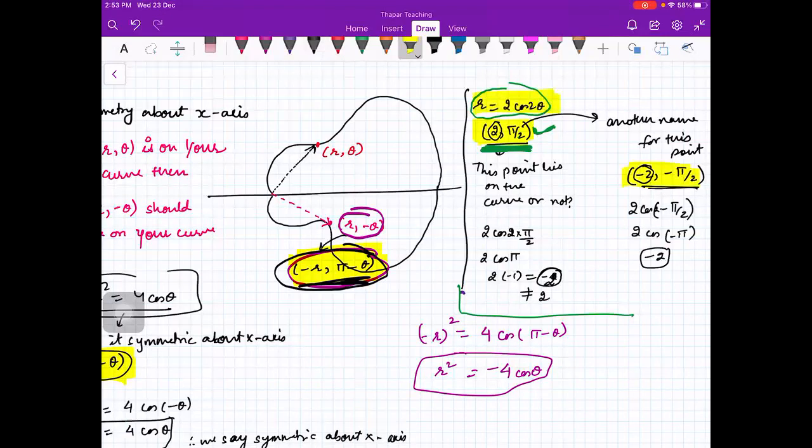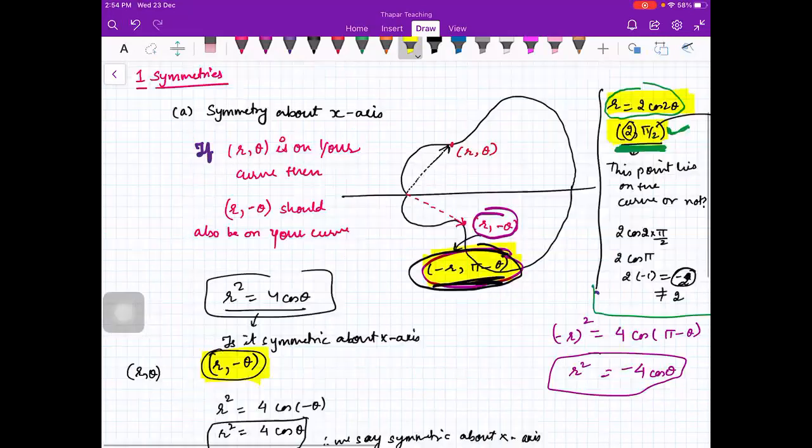So in case of polar coordinates, it can happen that a particular point lies on the curve, but it has so many names. Some names will satisfy the curve and some names will not satisfy the curve. Is that thing clear to everybody? In case of polar coordinates, if one point lies on a curve, it may happen that one name of that point will satisfy the curve equation and another name will not. So that is why you have this condition here.